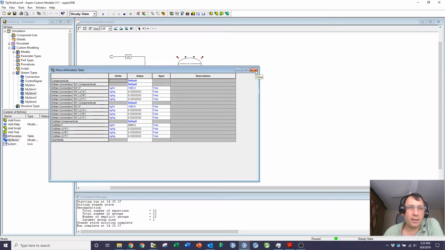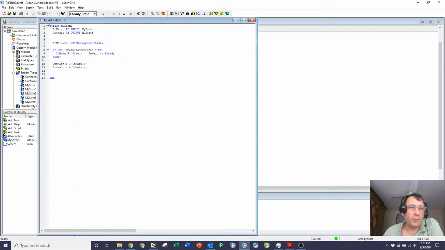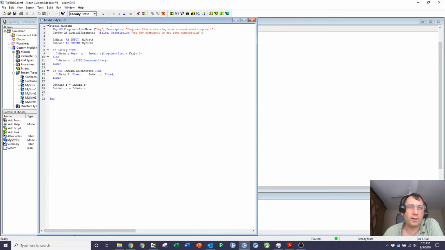One last thing while I'm on that theme: setting it to the size of the component list is a reasonable option, but I may want to do it differently. So again, let me open up S2 so we can compare. If I look at S3 that I'm going to compare to,